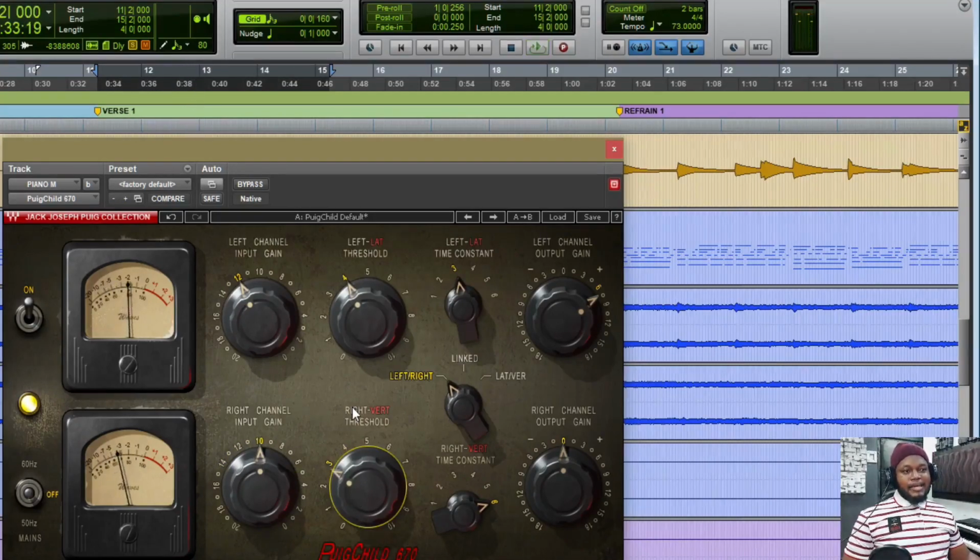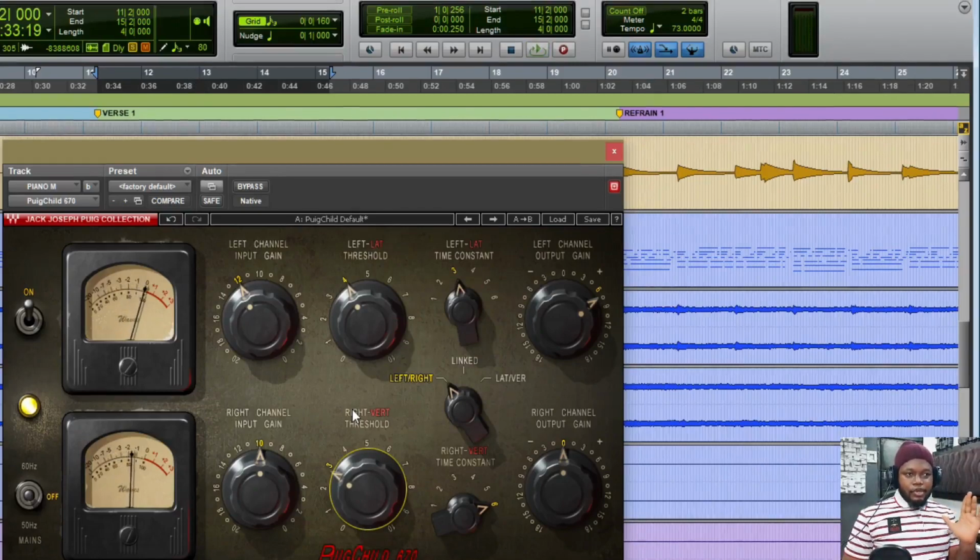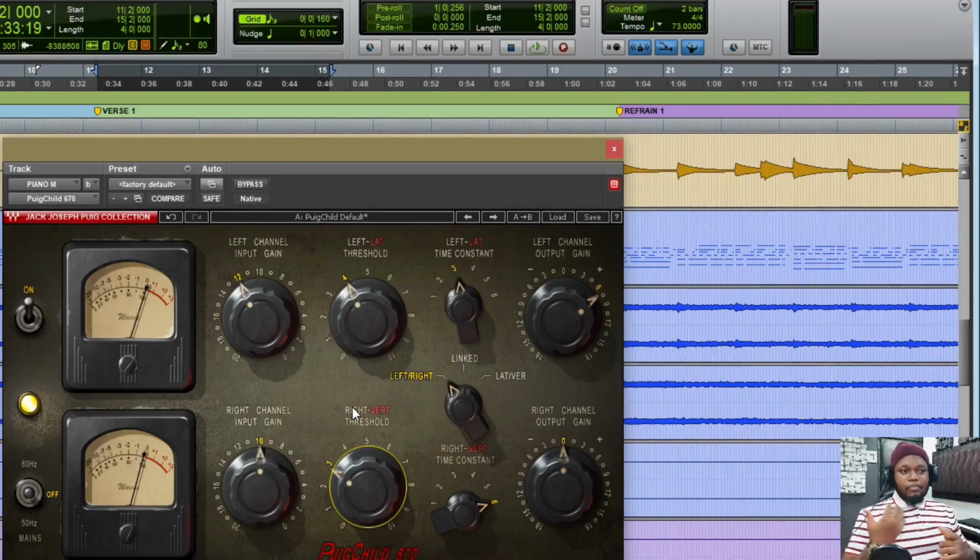You can see that as I play with the input gain and the threshold, the stereo image of the piano is moving because I'm treating both the left and the right channels differently. So if I decide to bring in more of the left channel into the compressor, of course, the left channel is going to be louder. And if I decide to do that to the right channel, it's going to be louder, and vice versa. And also the threshold, how much compression is going to happen to which channel, also can be manipulated